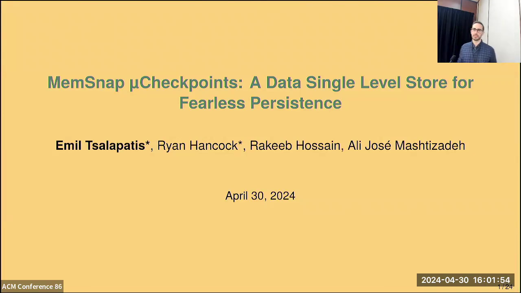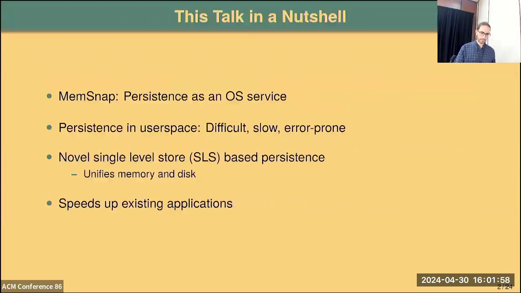Hello everyone, my name is Emil Tsalapatis, and today I'm discussing our work on MemSnap micro checkpoints. So, in a nutshell, this talk is about providing persistence as an OS service. Applications persist their data using user space mechanisms that are built on top of the file API. However, these mechanisms are invariably difficult to write, slow, and worst of all, error-prone. We propose an alternative API that handles persistence as a first-order primitive and makes persistence easy for applications by handling